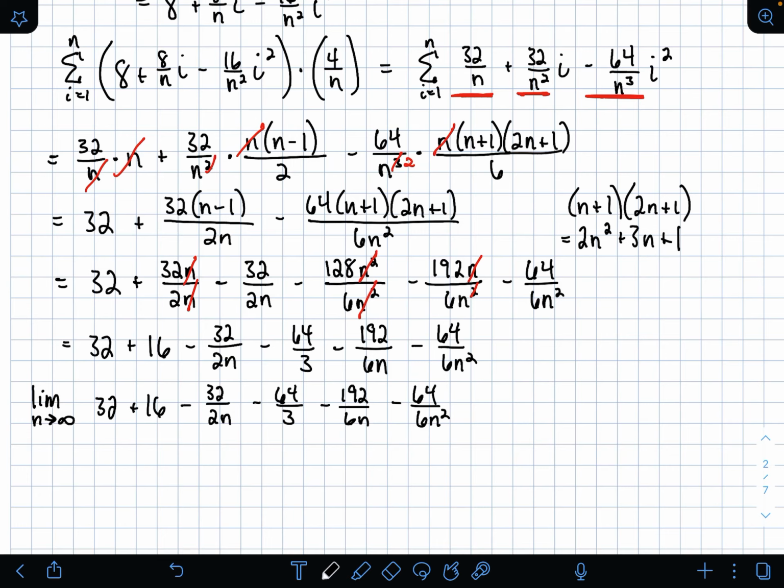The other important property we have here is that the limit as n approaches infinity of a constant over a positive integer power of n, a constant over a power of n, that's not correct, a power of n